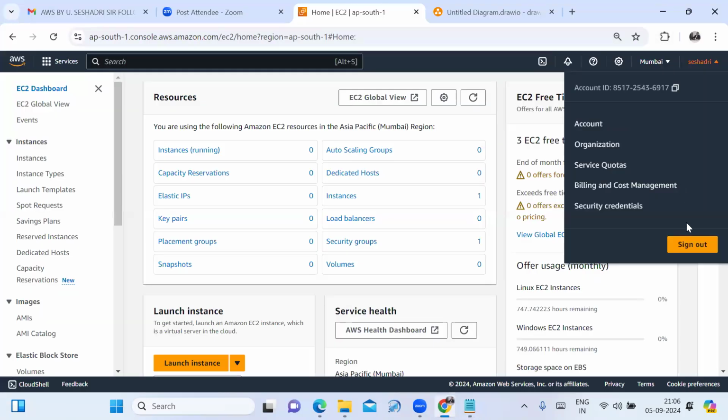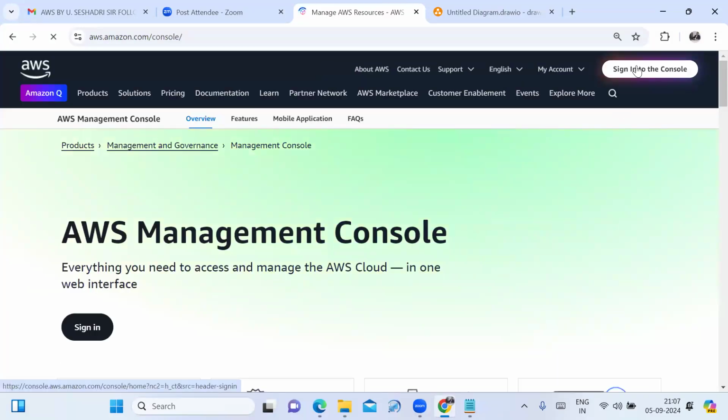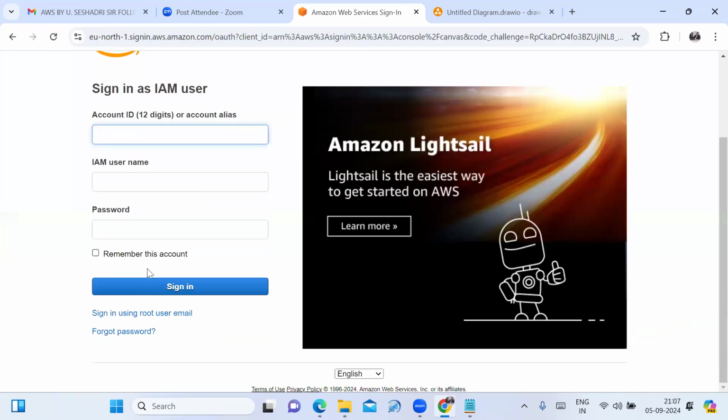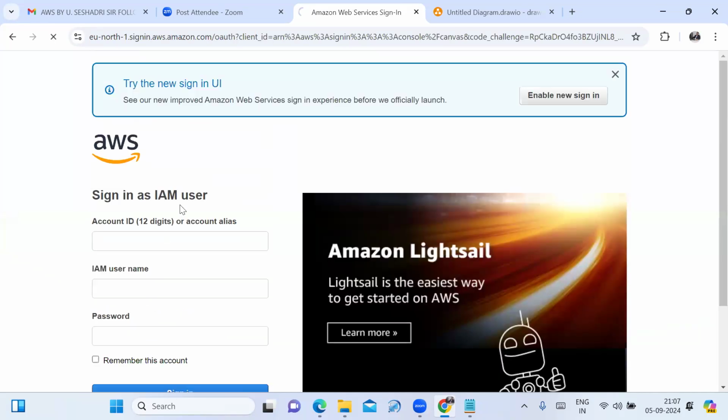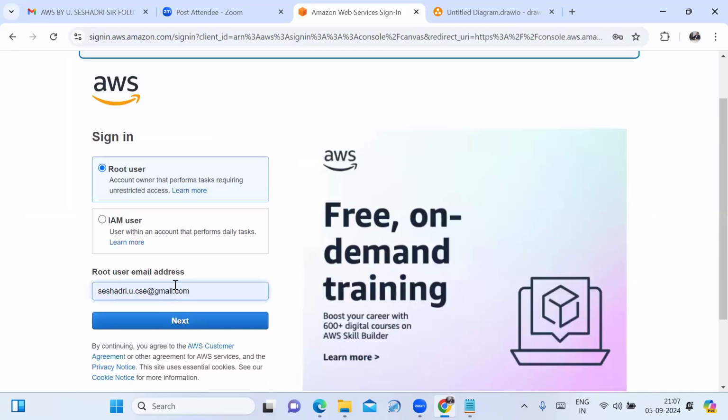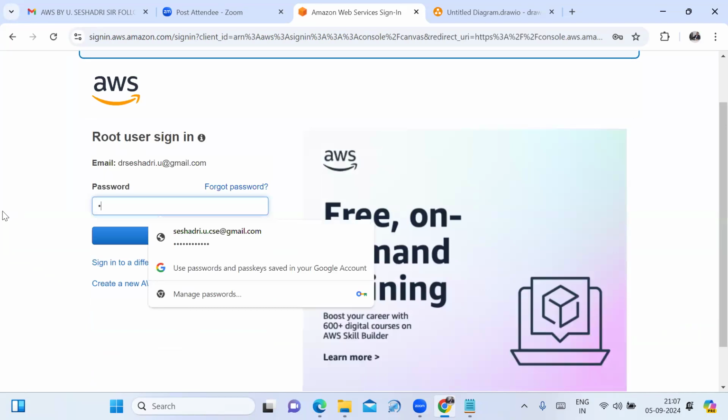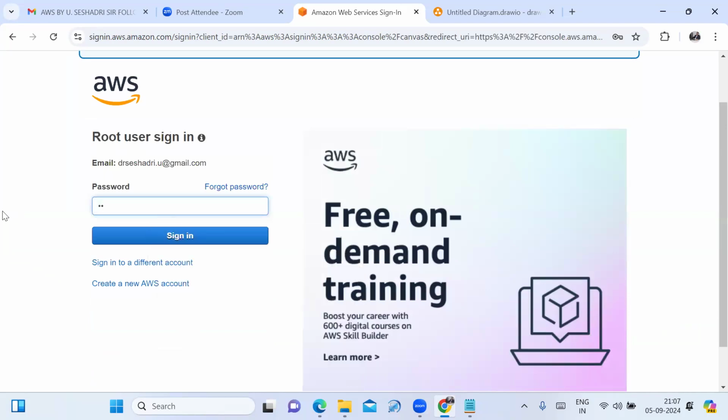Friends, this is my AWS account. Here, I can sign in to the console. You enter your mail ID and password, whatever mail ID you gave at the time of creating your AWS account, and then click on sign in.